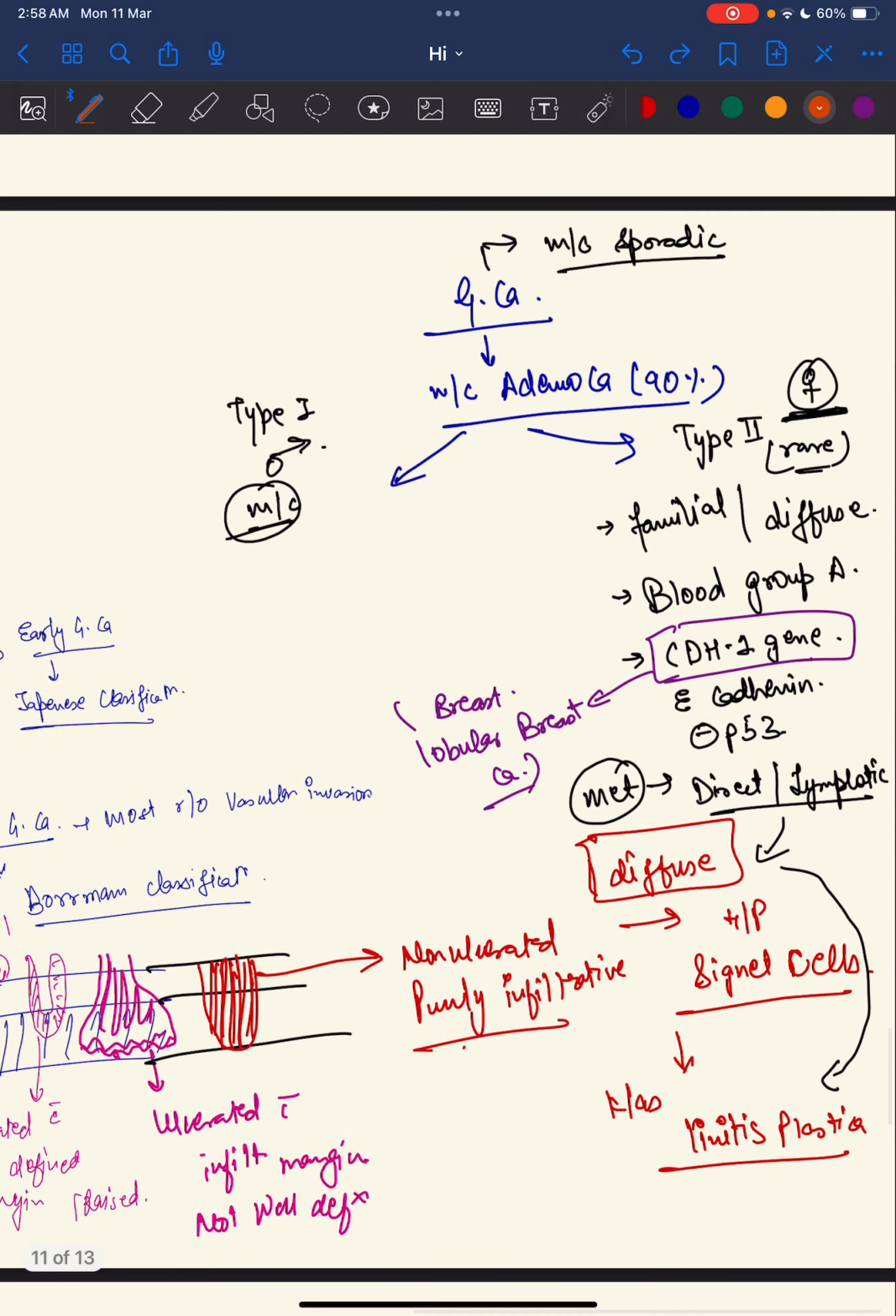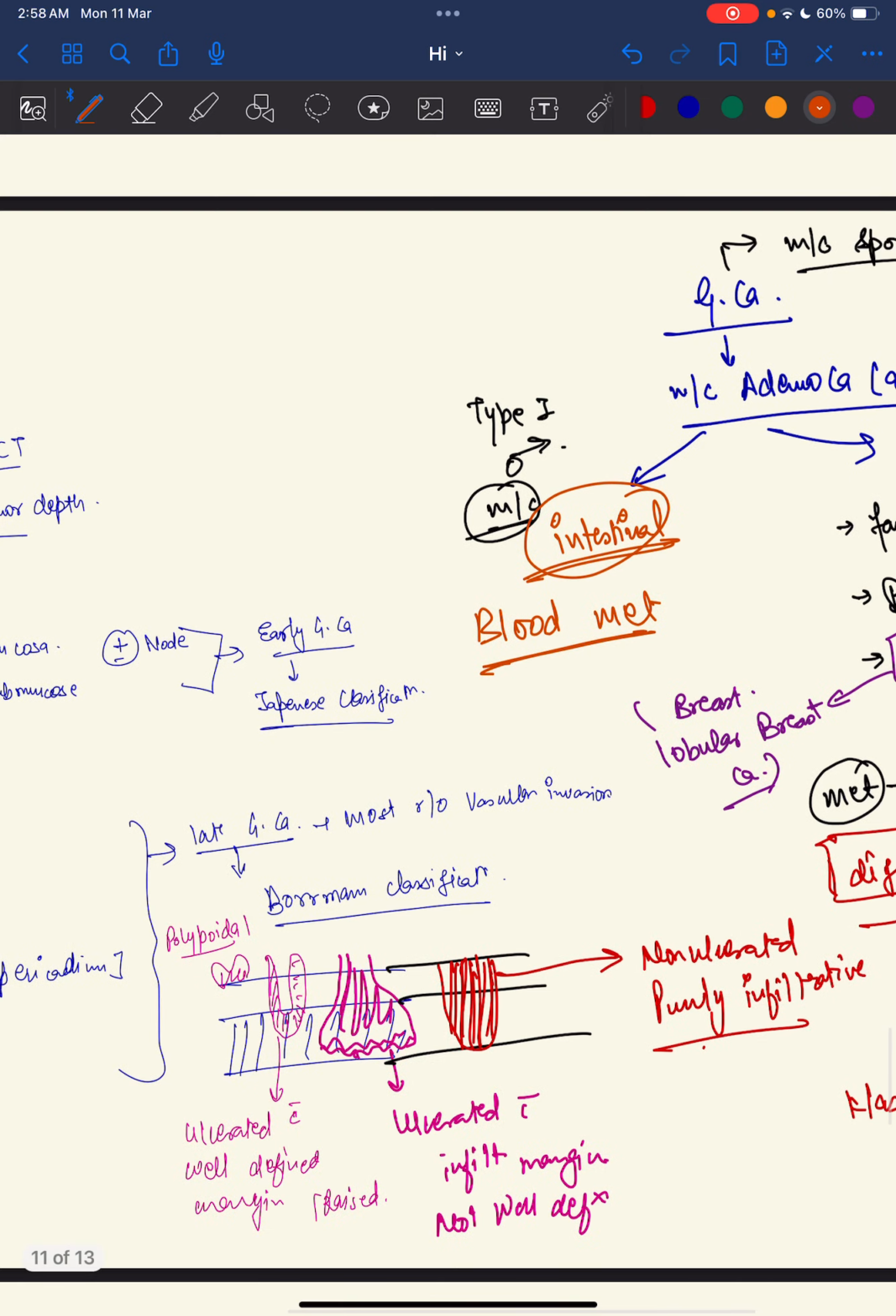Okay, so type 1 we'll call it the intestinal one. In this we will see blood metastasis, and if there is blood metastasis, then there will be gastric atrophy, which will be well defined, and there will be well differentiated ulcers, not like a diffused ulcer. It has the well differentiated ulcers. And in type 1, if I look at the genetic part,